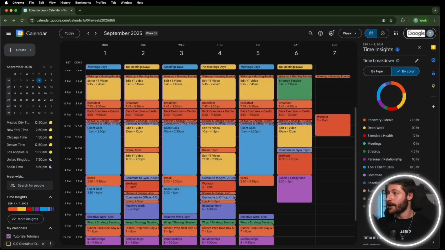So using something like this, a calendar, and putting as much detail into it as possible works as something called a liberating constraint, which is a concept that allows you to reduce cognitive load. Basically, a liberating constraint is a principle that you set in place that restricts freedom in one domain or dimension, but where that restriction gives you a greater freedom in another dimension or direction that you deem more valuable. So for example, here, I want to make sure that all of the resources that I have,